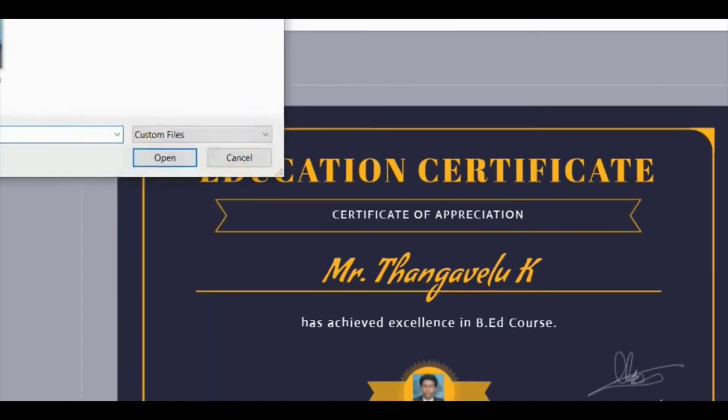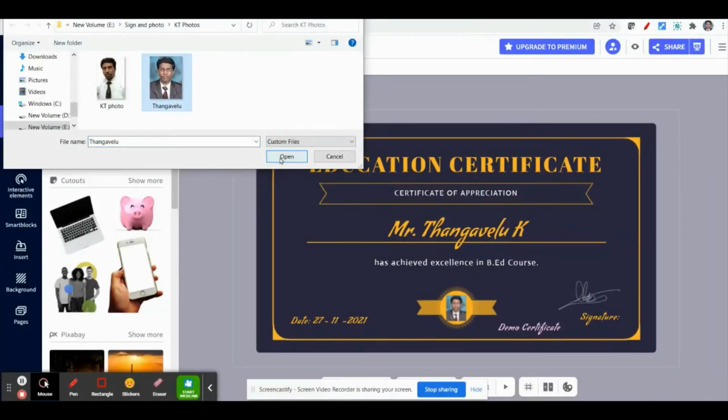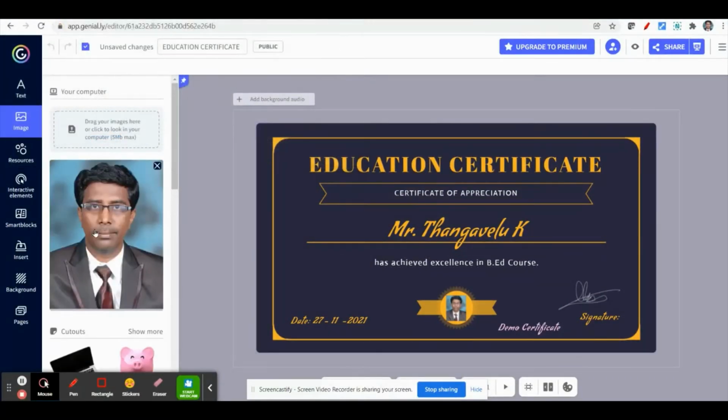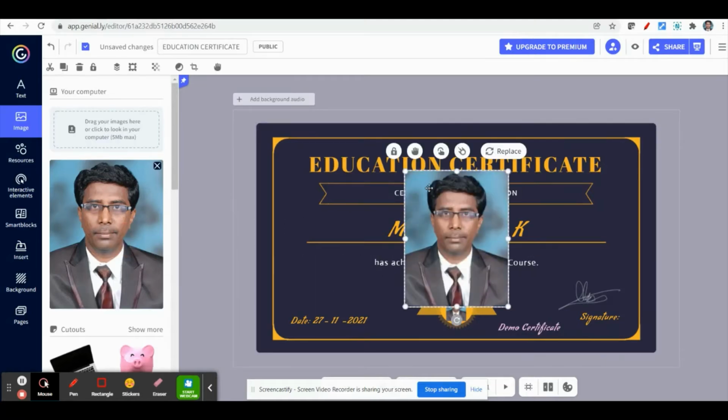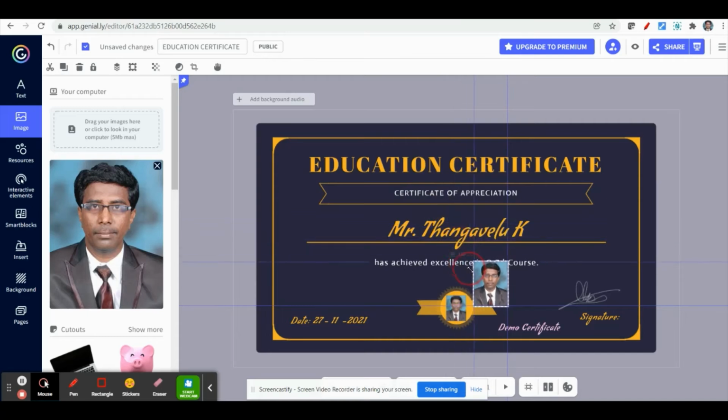Just click, and you can select your picture. So I can place it here. Once you click, it will be there. You can resize the photo and add it here. Like that, you can insert any picture. This is a demo, so I just put a demo certificate, and you can also insert your signature.